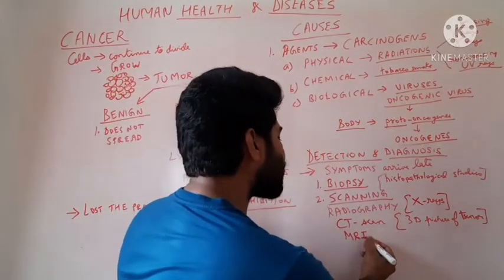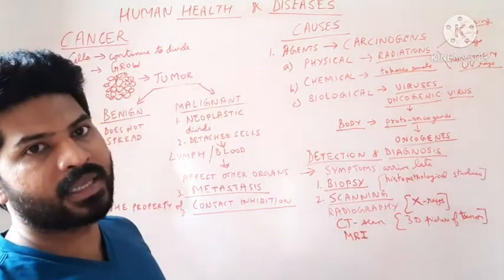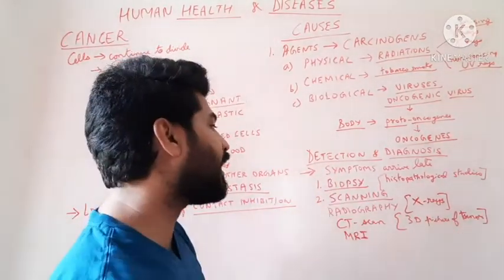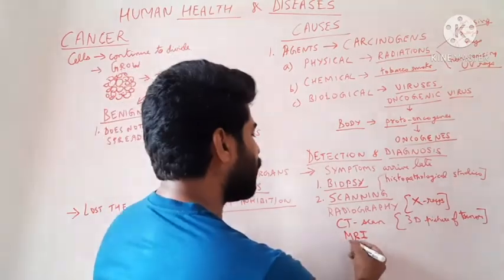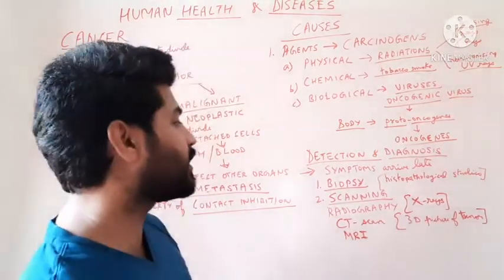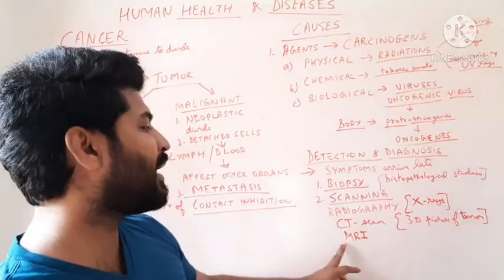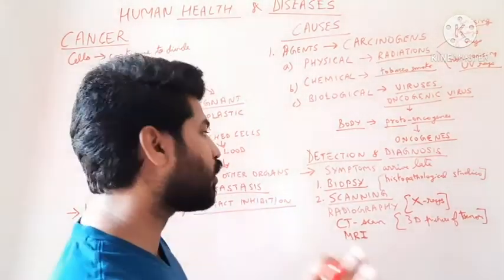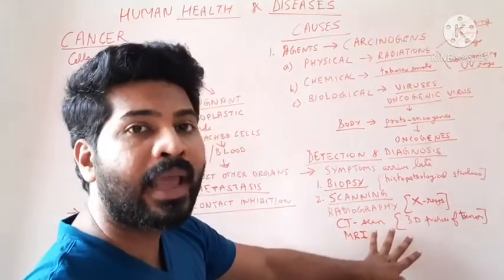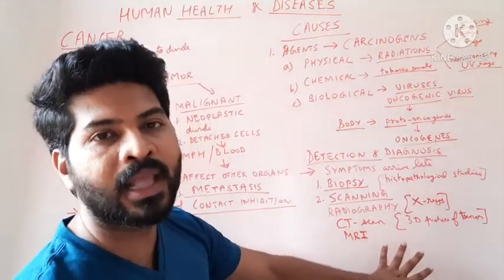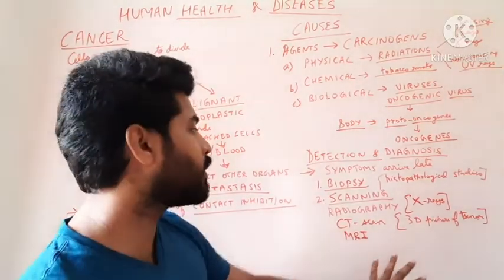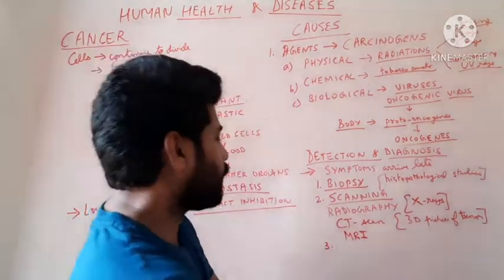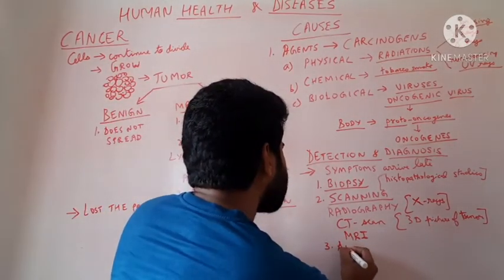In MRI scanning, with non-ionizing radiations, a magnetic resonance field is set up. The patient is taken in that field and it will provide once again 3D images. So radiography, CT scan and MRI scans will help in detecting the exact location of cancer. Especially it is used for cancer of internal organs, lung cancer, liver cancer, stomach cancer, etc. Also certain antibodies